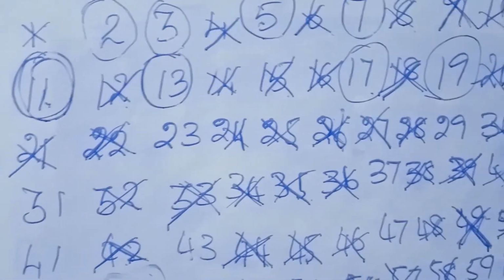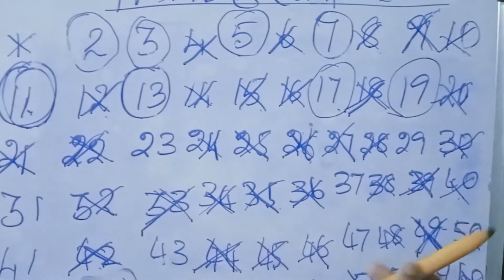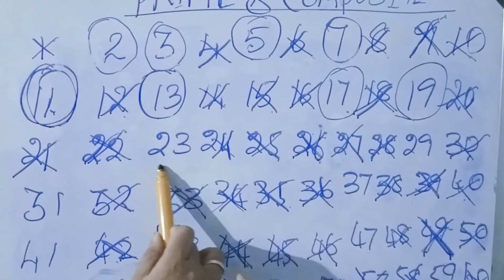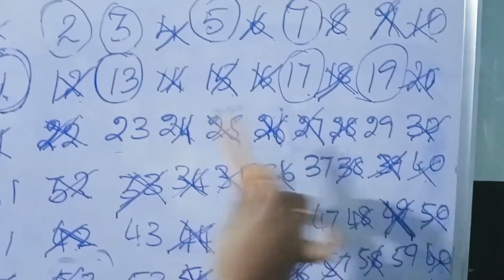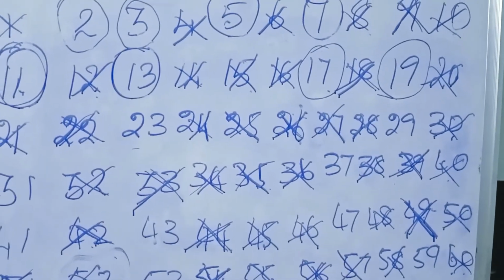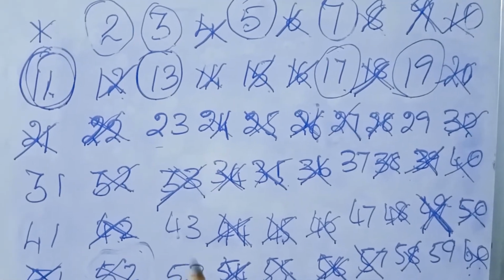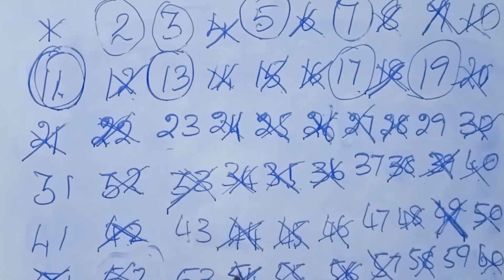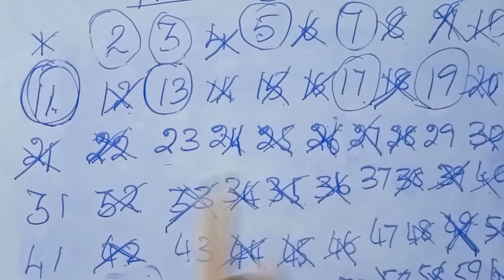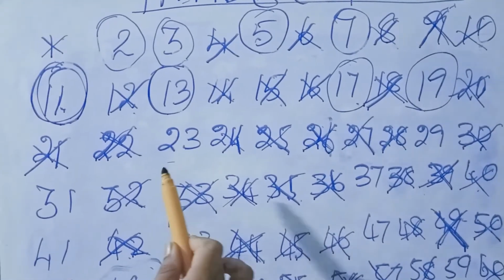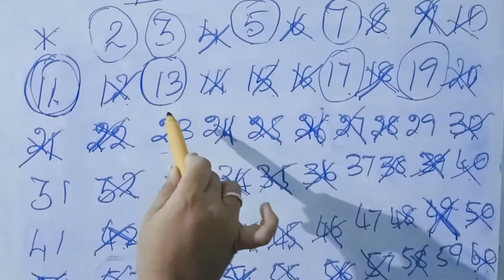Okay, hereafter no need to see multiples of that number, because 23 is a prime number, and the remaining numbers that are left are prime numbers only. Okay, because we have crossed out the multiples of those numbers and even numbers also. So the numbers that are left are also prime numbers.